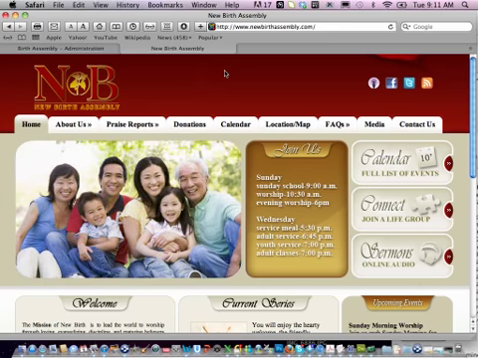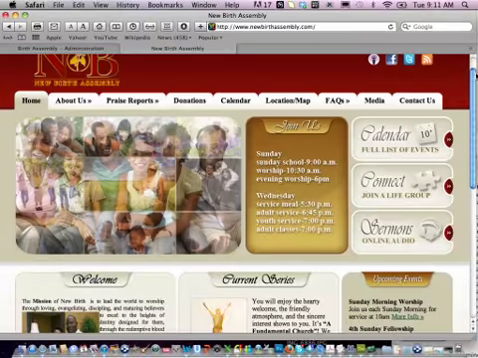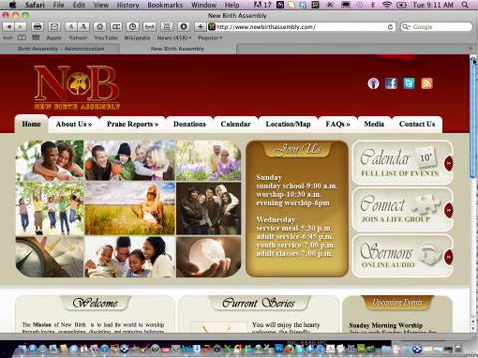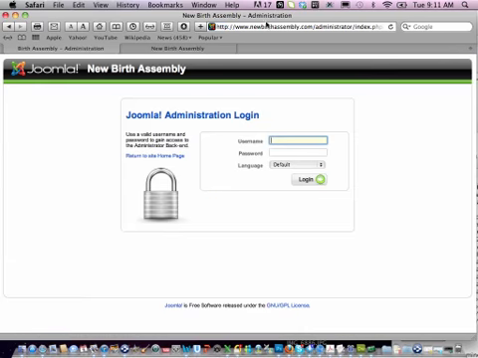Okay, so we're going to go ahead and get started with editing your website. Right now we have up the front end of your website, and this is what the public sees. To get to the back end, let me go ahead and log out so I can go in from the top. In my address bar, I'm going to type